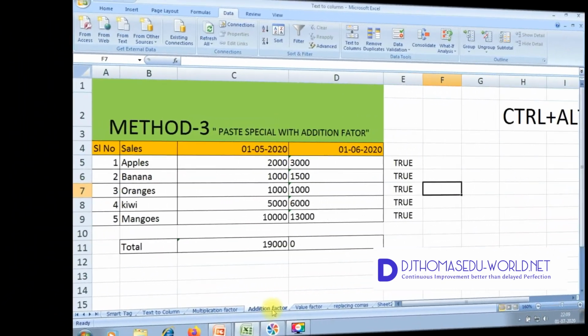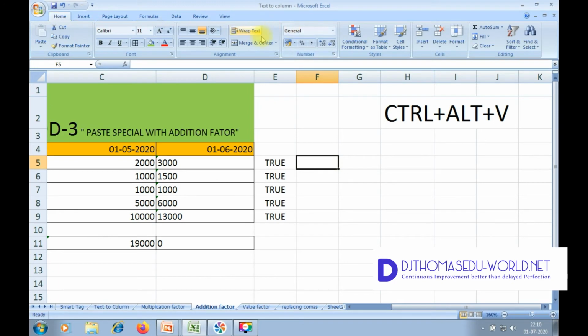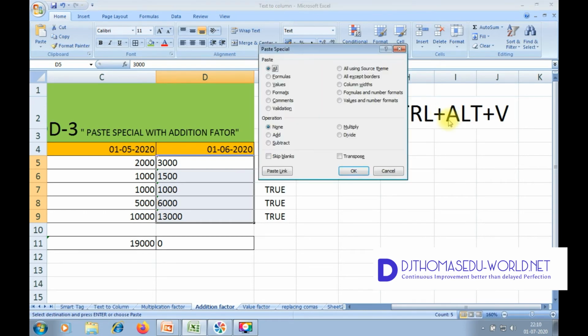Next we go for an addition factor. This is just similar to the multiplication factor. The only difference is that I will not type any value. I'll just click on any of the empty cells, make sure it is in the General category, press Ctrl C, select the text and press Ctrl Alt V. We get the Paste Special window open.